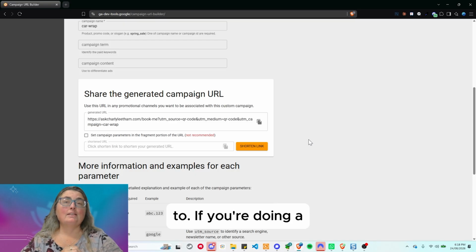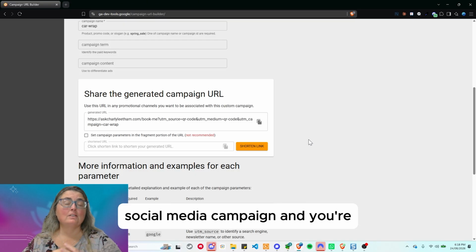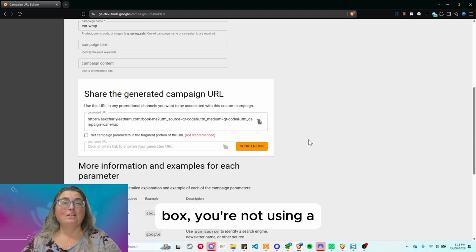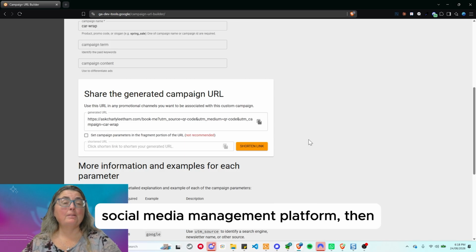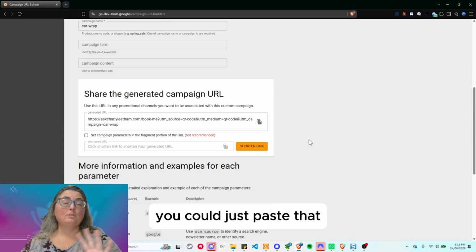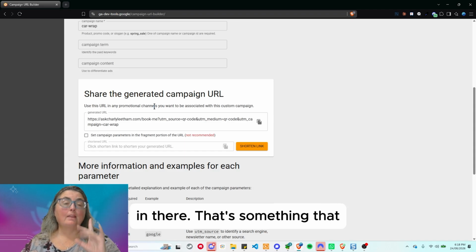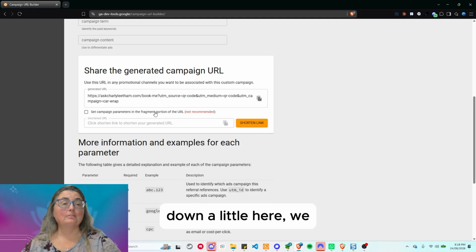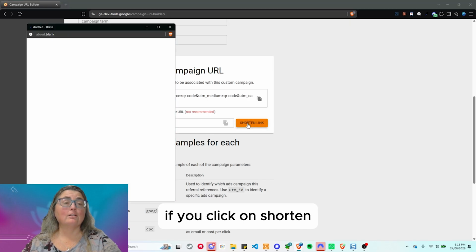If you're doing a social media campaign and you're just putting the link straight into your social media dialog box, you're not using a social media management platform, then you could just paste that in there. That brings me to the next thing that we should talk about. If I come down a little here, we can shorten our URL. We can shorten our link. And if you click on shorten link,